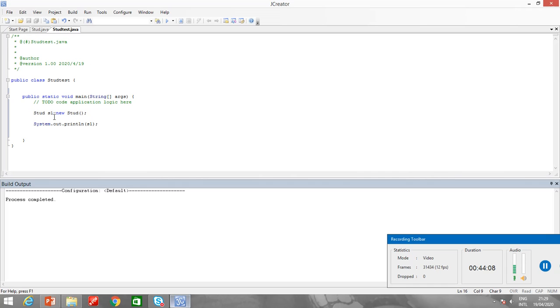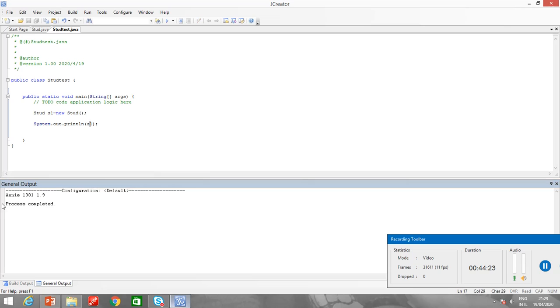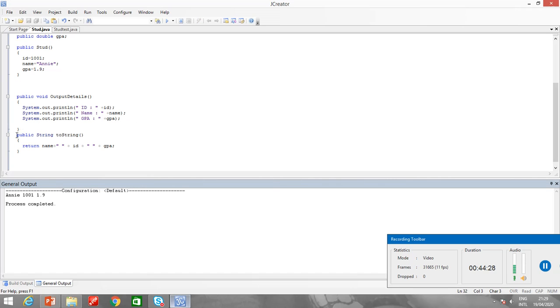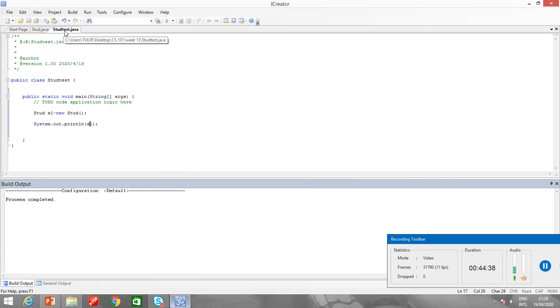Now if you see over here, I have passed the object. Instead of printing the memory location, it will print the value of the instance variables. So it's printing the value of the instance variables. Without this method, it was printing the memory location address.